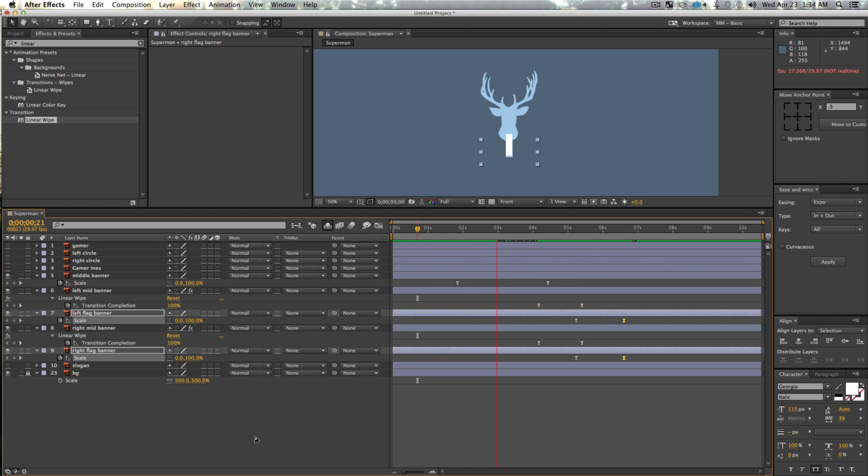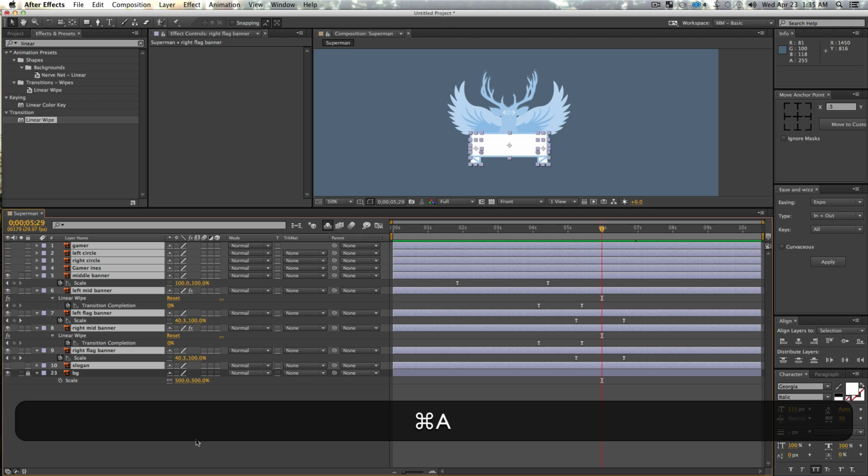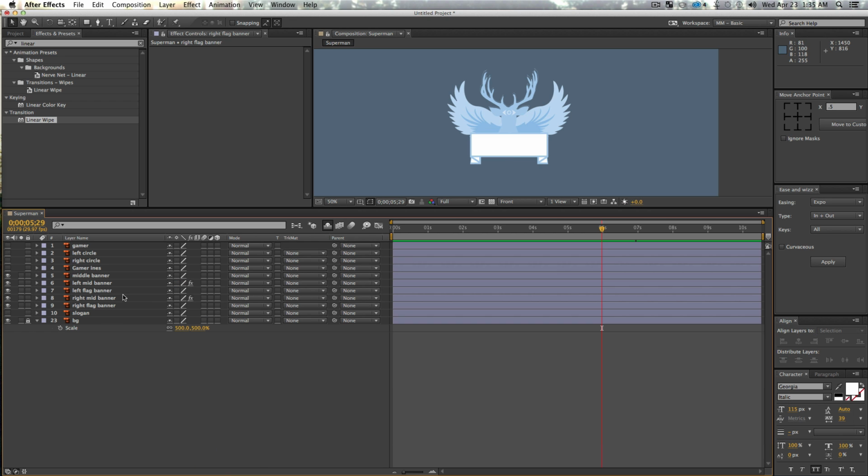So we have the deer head, we have this thing pop up. Wow, awesome. It draws on. Cool. So as you can see, this is a very easy way to just work with layers and banners and simple effects for really unique, kind of cool and different effects. And I love these wings. They're actually really cool. So yeah, let's do Command A to select all our layers, U to minimize our layers,